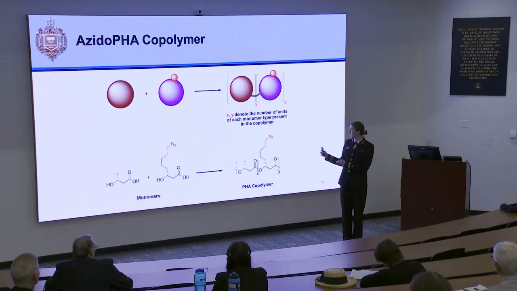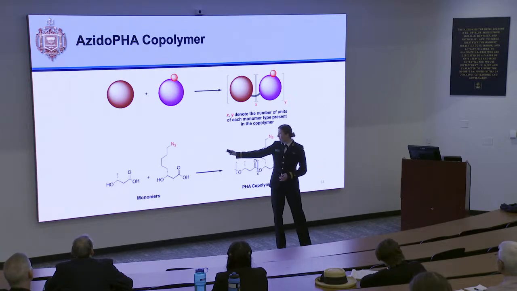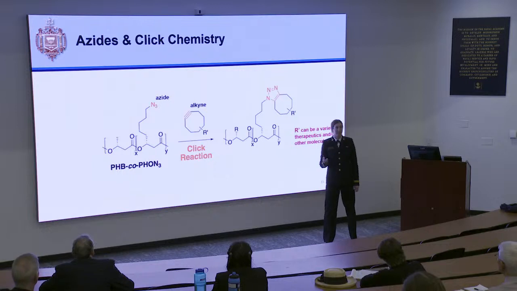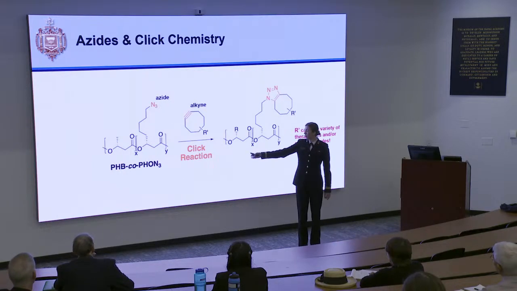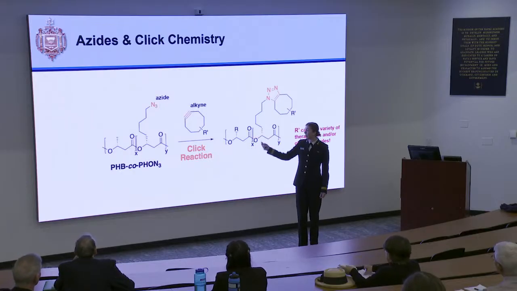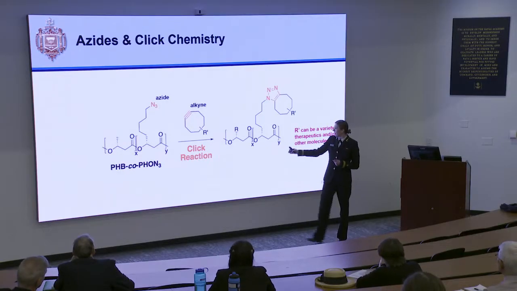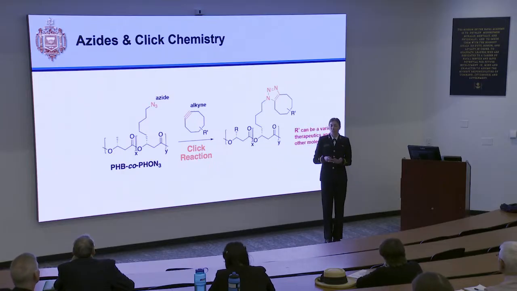So this is the reaction. We have our 2 monomers. We have a short chain length, and then we have our medium chain length with the azide, the N3, present, which link together to create our PHA copolymer. This is an example of what the click chemistry reaction will look like. We have our polymer, the 2 monomers, and the azide can react with the cycloalkyne to click together to create our modified copolymer. The R group can represent any functional group and it can be geared towards what you desire